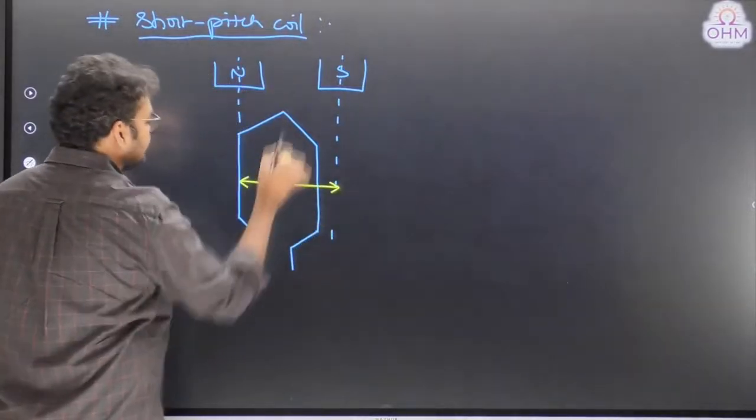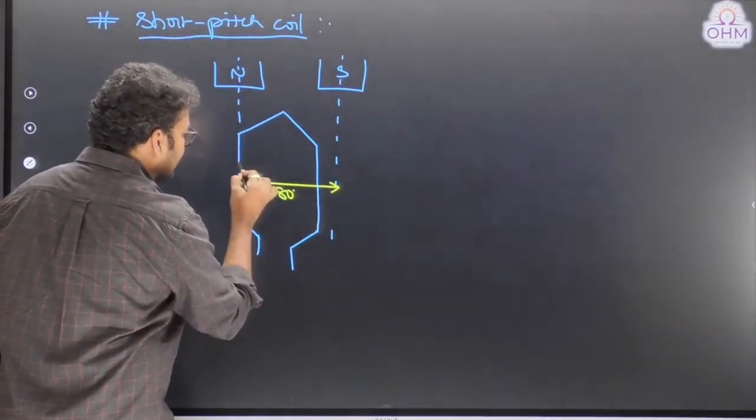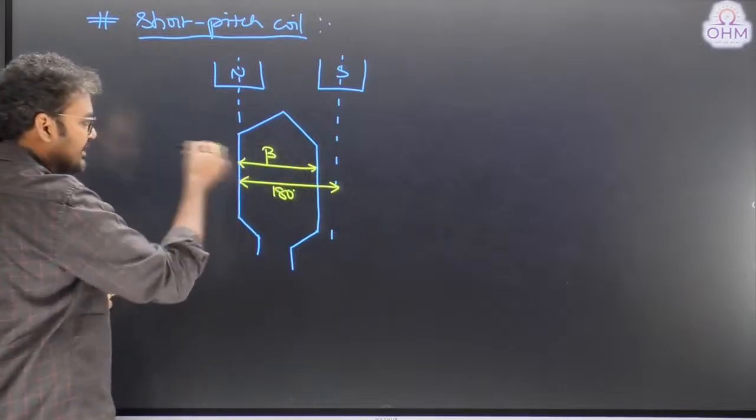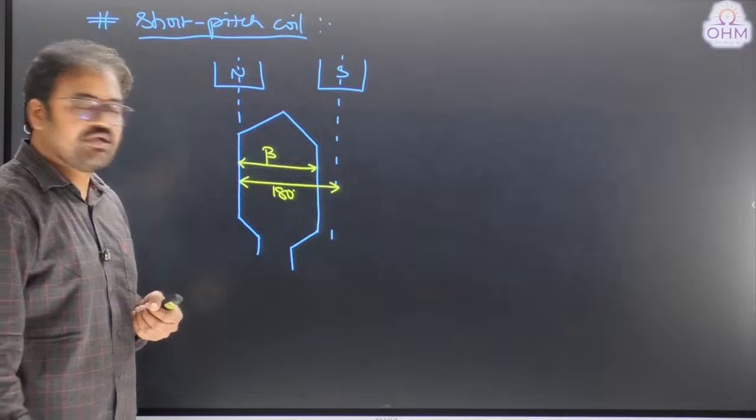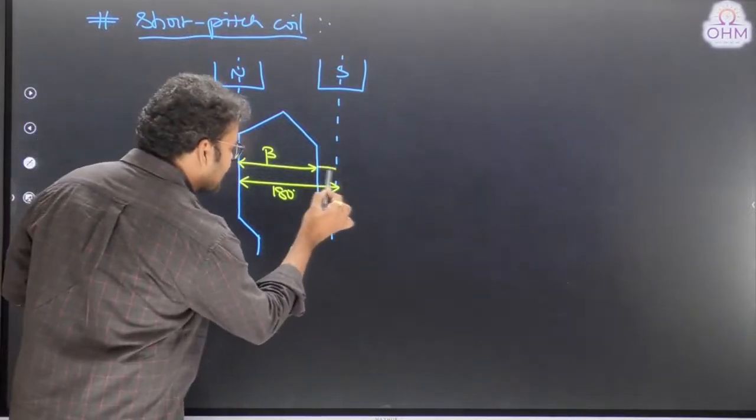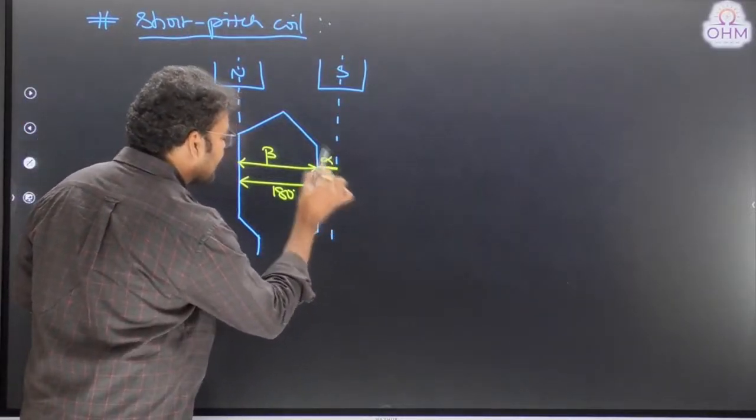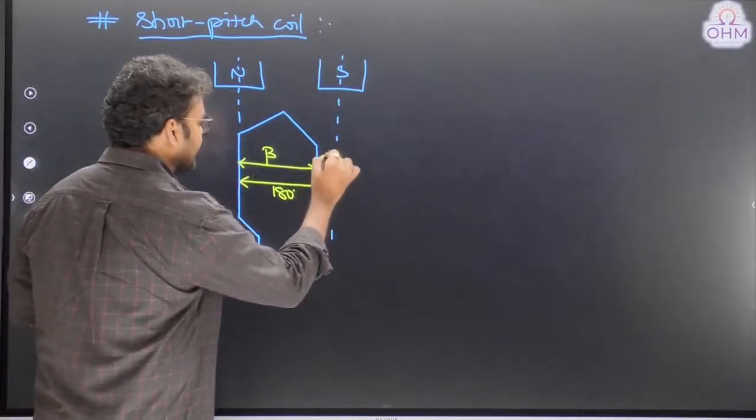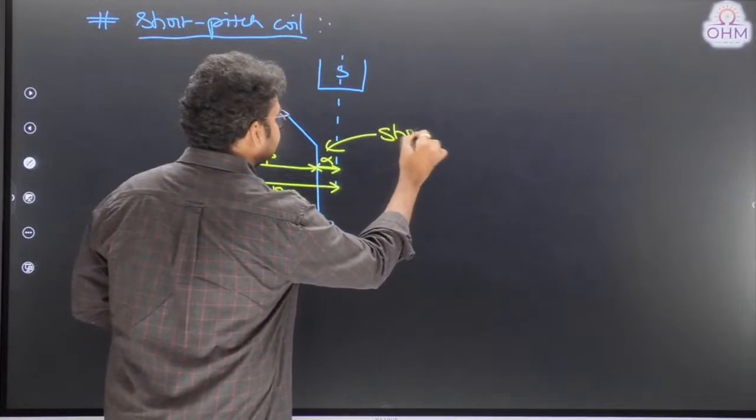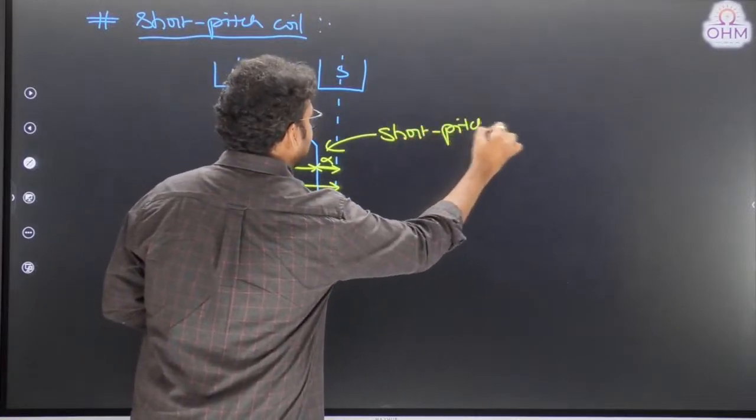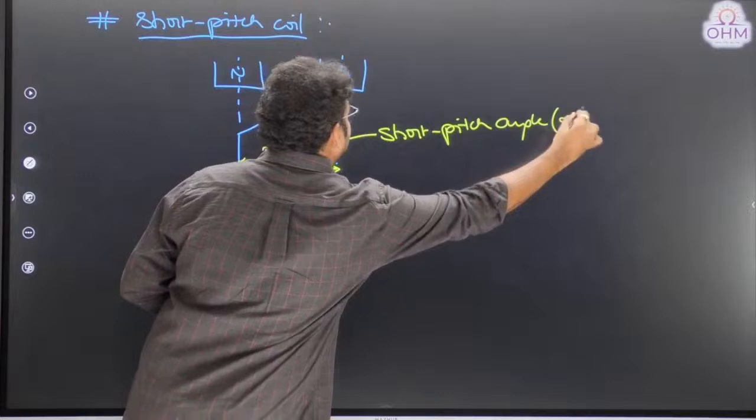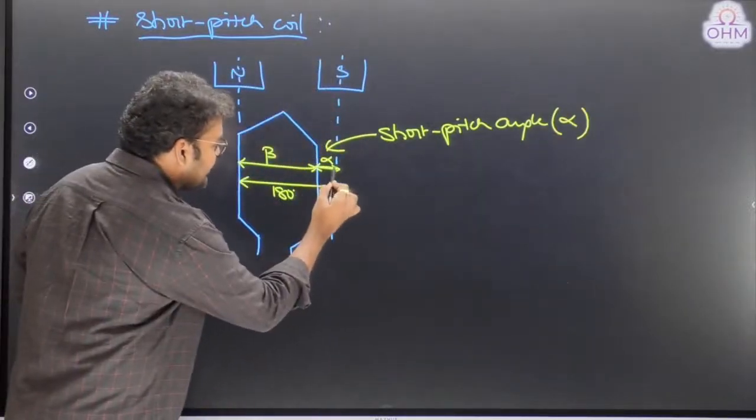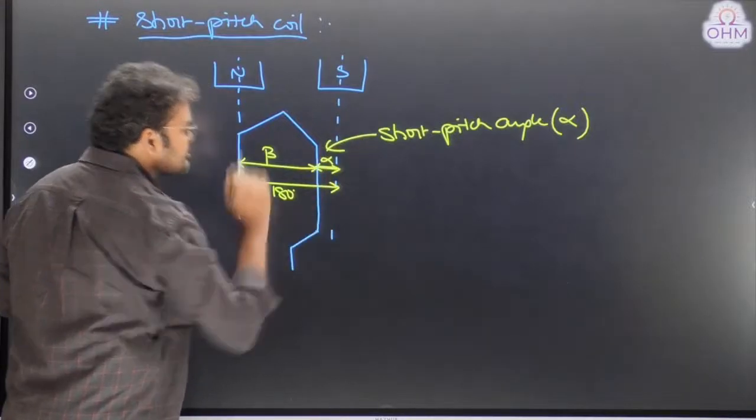That is full pitch, 180 degrees. But now the coil pitch is not 180, it is less than 180. The beta value was less than 180. That means there was some short pitch angle here. Yes, this is what we call the short pitch angle alpha. Very important. So short pitch angle means it is the small angle by which the coil was shorted